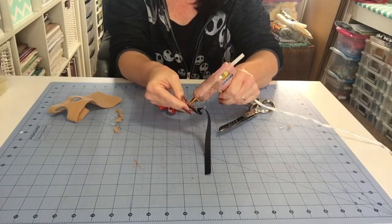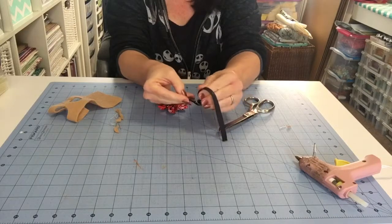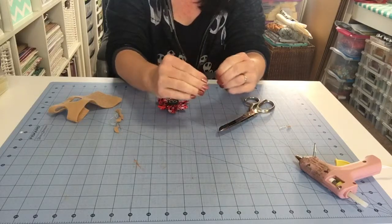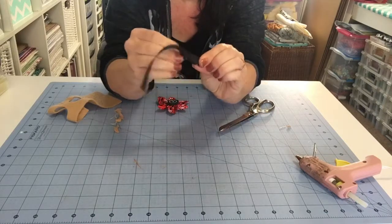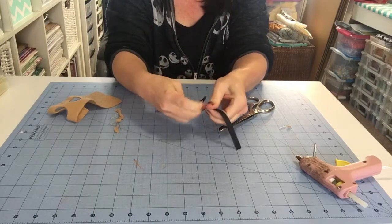Same thing, you're going to come across the top with your hot glue, bring your ribbon up and around, and just continue it down so that now your alligator clip is looking like this. Okay, and then the last step is you'll want to open it up and then